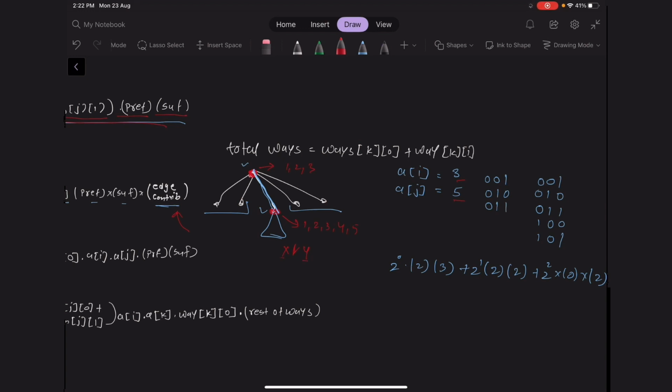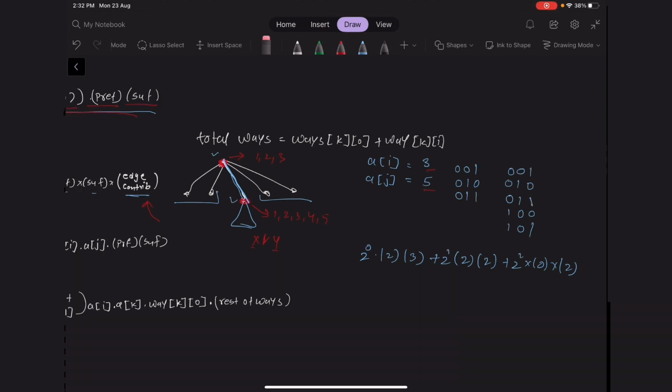Now we will consider it bit by bit, and we will consider how much each bit will contribute to our final result. Let us take an example of the zeroth bit. After ANDing the two numbers, how many times will the zeroth bit be turned on? That can be given by in how many ways the zeroth bit is on here, and in how many ways the zeroth bit is on here. And after that we will multiply these two numbers. It was turned on 2 times in the first number, and it was turned on 3 times in the second number. We will multiply them, and we will multiply that with 2 to the power 0. This is how much the zeroth bit will contribute when we take the value of x from these three numbers and the value of y from these three numbers. And the same goes for the first bit and the second bit.